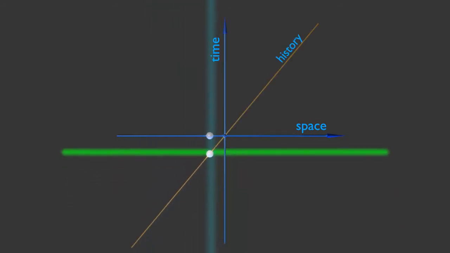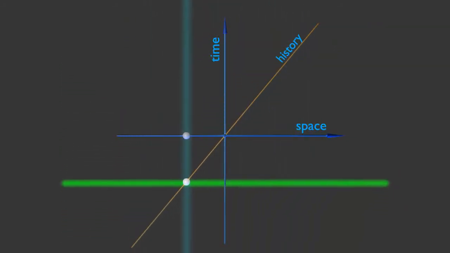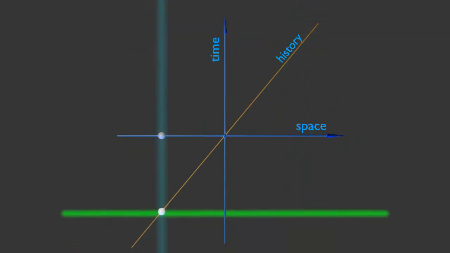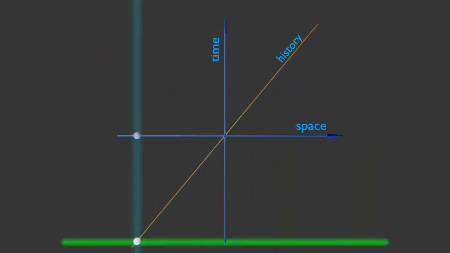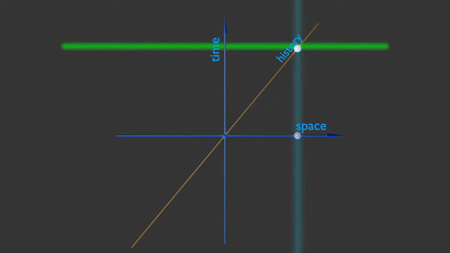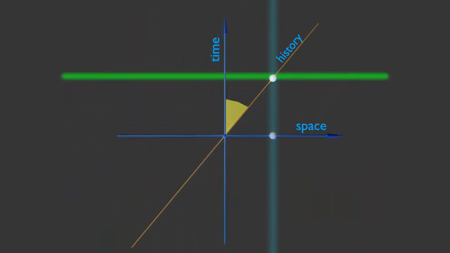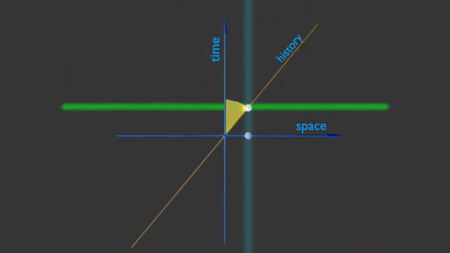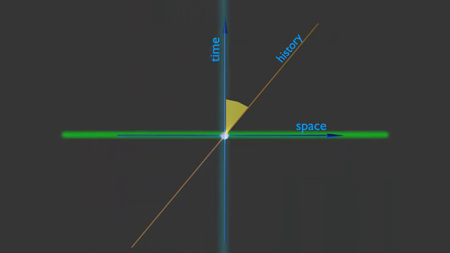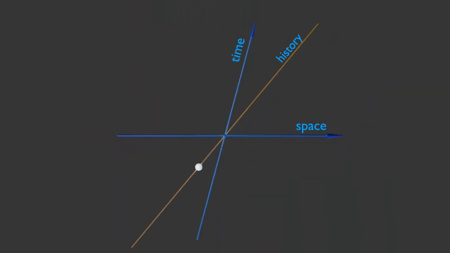The history of a particle moving along a line is a curve in a plane spanned by two axes representing the position and time. In the absence of interactions, the particle moves at constant velocity and its history is a straight line. The angle made by this line with a vertical direction is greater as the speed of the particle is greater. Observers moving at different velocities measure different speeds for other objects.